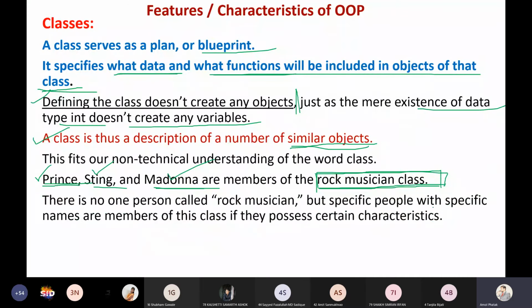There is no one person called rock musician. This is very important. Rock musician is not any person; it is a class. For example, employee: if I say this is the employee, there will not be any person as an employee. It is a class. Similarly, rock musician is a class. There is no one person called rock musician, but specific people with specific names are members of this